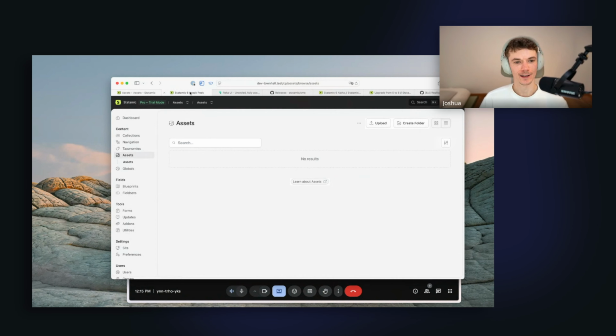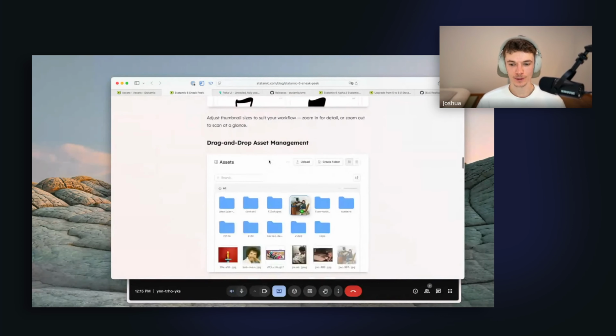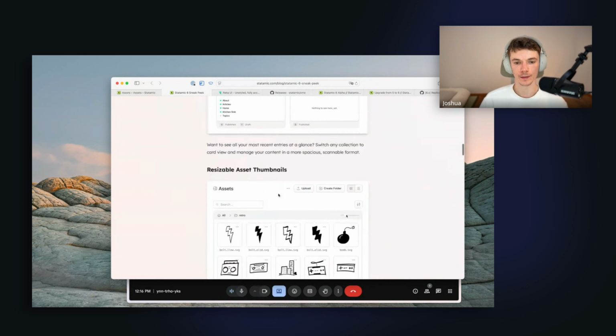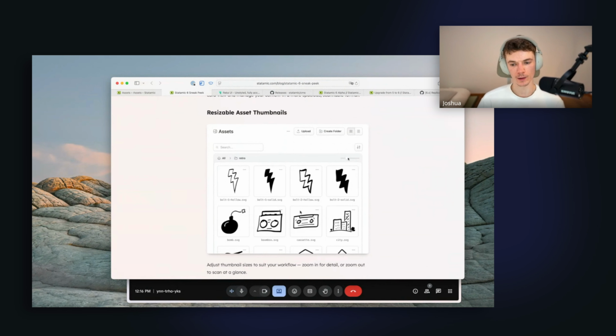Another thing, Elevate, I think I can show you the preview of what it should look like here. Yeah. So you see here, you can, for example, from inside an asset container, just move an asset into a folder just by dragging and dropping it. And also if you were, I don't know, on a desktop or downloads folder or something, dragging and dropping right into a folder. So that's also now possible